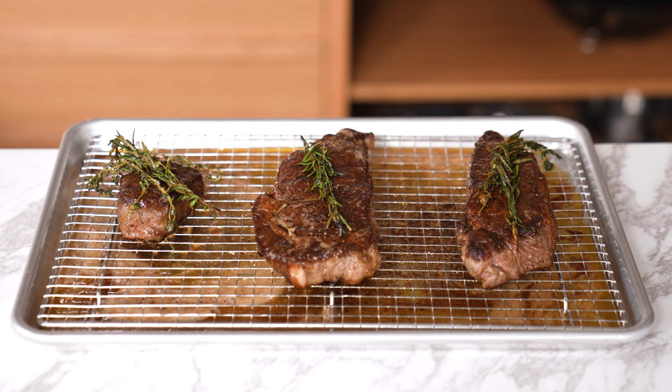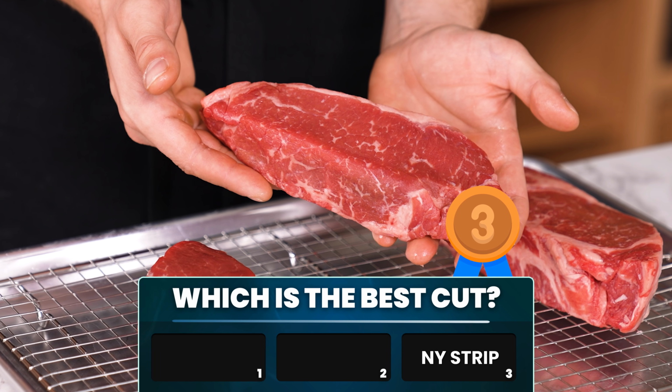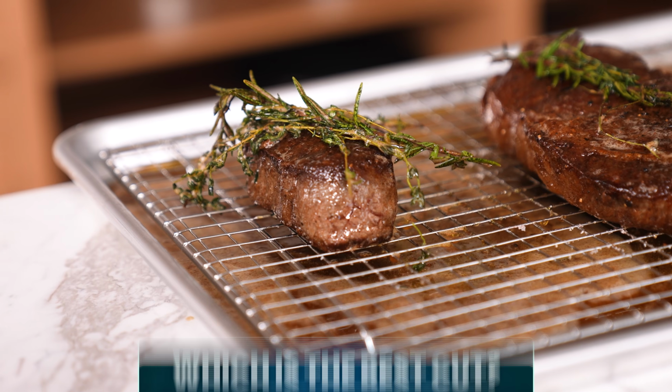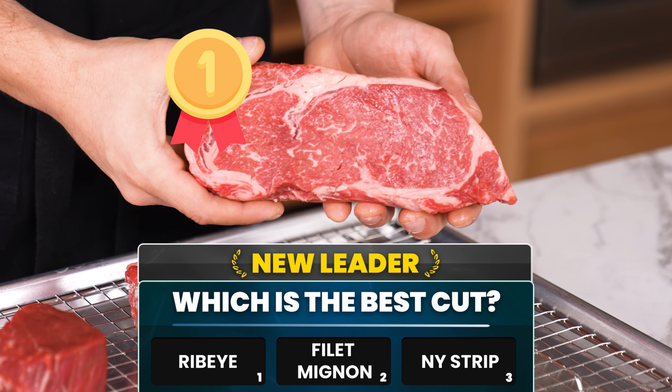Now we tally up our winners. In last place, the New York strip at 37 points, by far lowest. In second place with 49.5 points, the filet mignon. Surprisingly good number, considering I talked a little bit of trash. And in first place is my favorite cut, the ribeye, coming in at 50 points, only 0.5 points above the filet mignon,